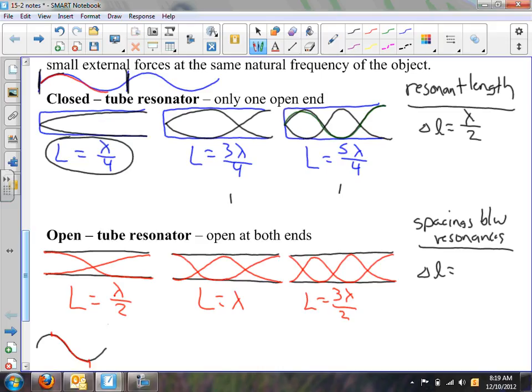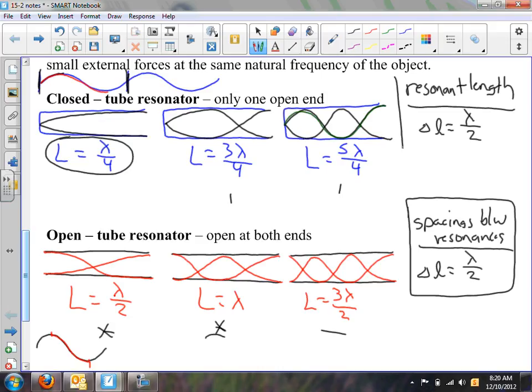Well, from the lowest one to the next lowest, the difference between wavelength and wavelength over 2 is exactly 1/2 a wavelength. If you go from here to here, 3/2 minus 1 is 1/2 a wavelength. So you get the exact same thing whether it's a closed tube or an open tube,